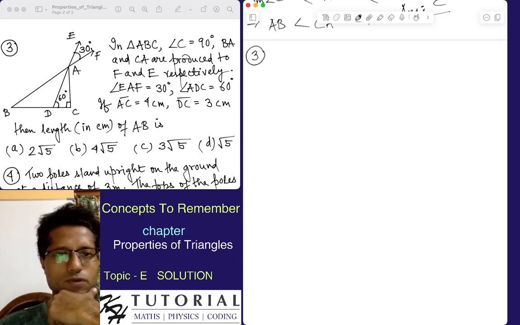BA is produced to F, that is fine. BA and CA are produced to F and E respectively. EAF is 30 degree. ADC is 60 degree. If AC equals 4 centimeter and DC equals